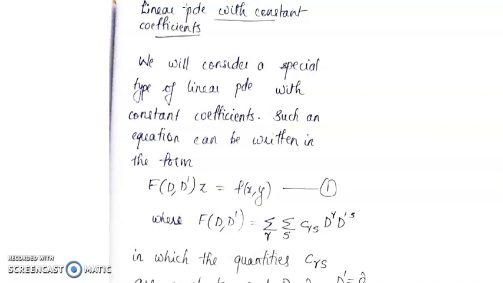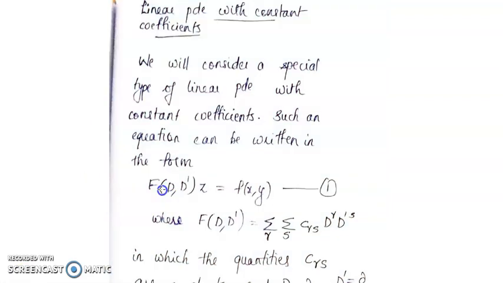In the same way, when it comes to a linear PDE, that is the definition again of a linear PDE. All the partial derivatives occurring in the equation will be of degree 1. There is no product between any of the partial derivatives, and there is no product between the partial derivative and the dependent variable. So you will not have a term like z into dou z by dou x, z into dou square z by dou y square, and so on. That is how we define a linear PDE.